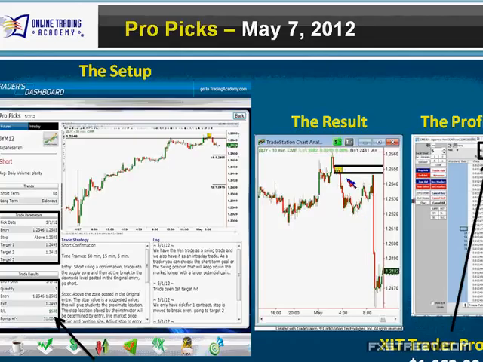So another odds enhancer we want to look at is how far did prices move away from the area before returning back to the level. To keep that short and basic without getting into too many details, here's where price came back to the level. This is where I sold short, right here, on the first retracement. Make sure that